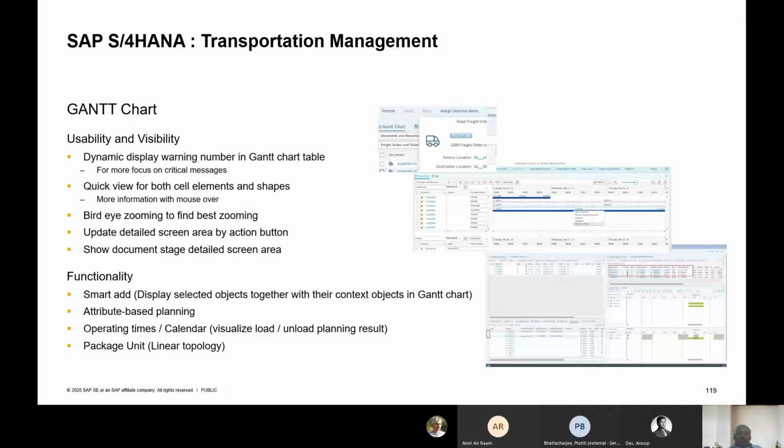You can also zoom in for the best view of the data, and you can see at which stage each of the processes is. The functionality will enable you for your attribute-based planning and based on your operating times, whether it is a loading or unloading location, and also on your packing units.